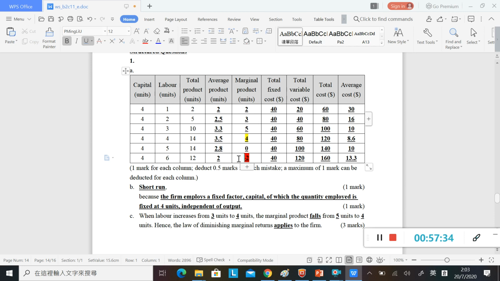We need to find out the point that the marginal product is decreasing. Then that is law of diminishing marginal returns。所以你見到，應該就係呢一度。當你個 labour 由第3個去到第4個嘅時候，when the labour increases from 3 units to 4 units, the marginal product decreases from 5 units to 4 units. So the law of diminishing marginal returns applies to the firm。記得係要睇翻個 marginal product 下跌嘅時候，唔係睇佢負數嘅時候，得唔得？我今日就講到呢度，我之後會繼續講落去。